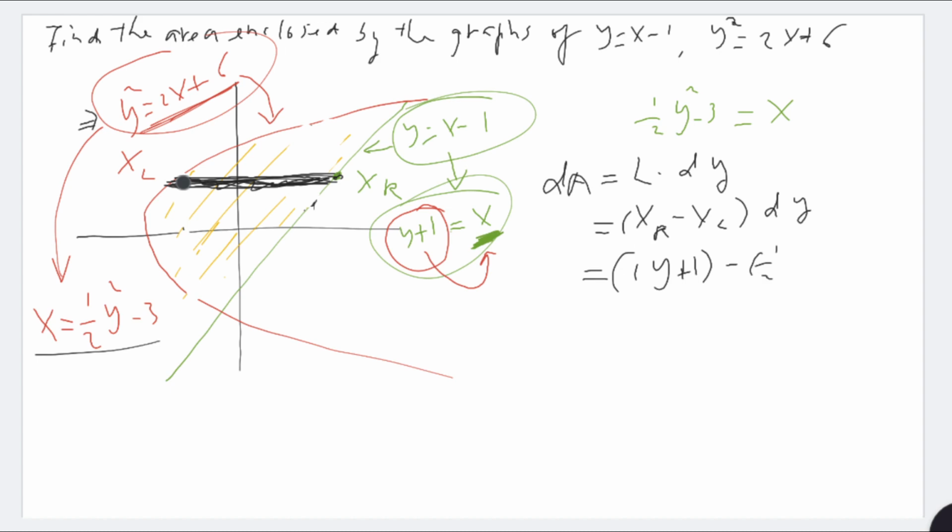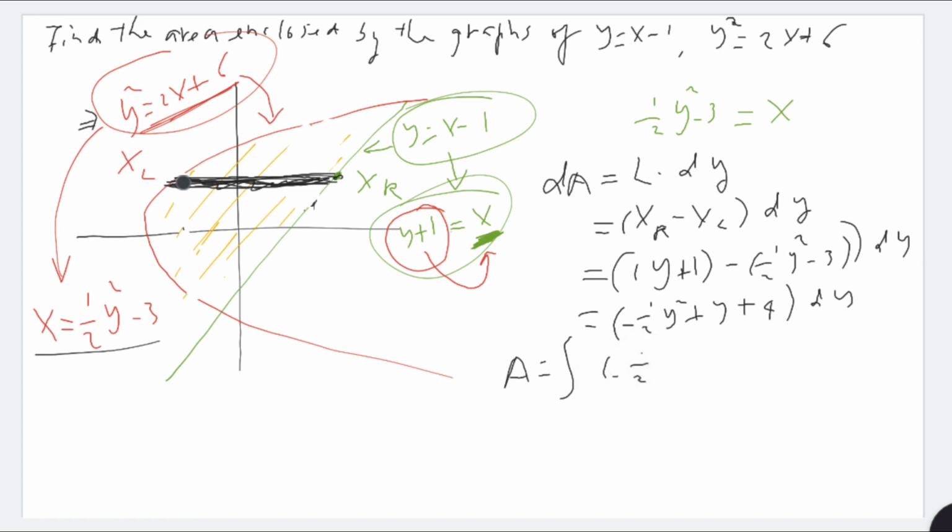For the xl, 1/2 y squared minus 3, dy. So you simplify it, it's negative 1/2 y squared plus y plus 4. There's a 1, there's a positive 3, so it's positive 4 together. And then again, we add them up, it'll be the integral of this function